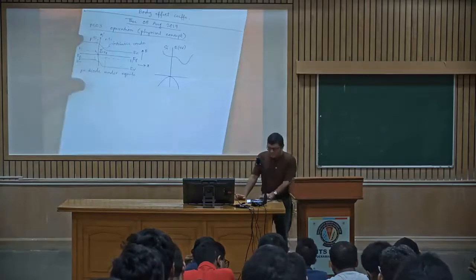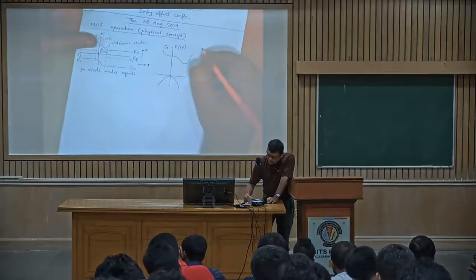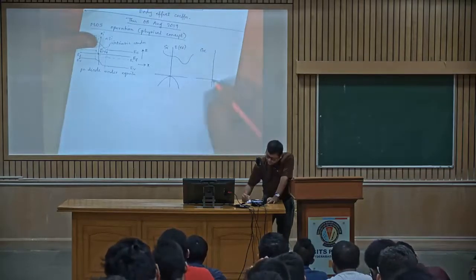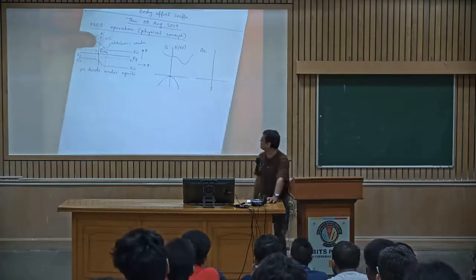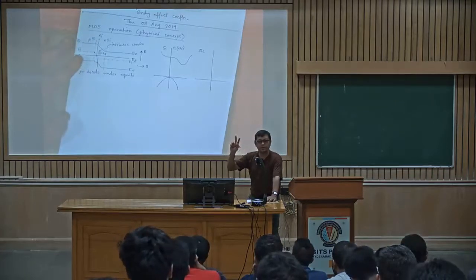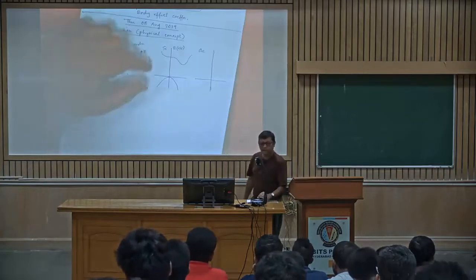Now, what are the things that we get from this band structure? So this is essentially band structure for germanium. क्या होने वाला है? Okay, let us just understand a little bit about the band structure here. Okay, I'm not going into the physics here. Please understand the difference. You should be able to answer the small questions in the interview regarding this.